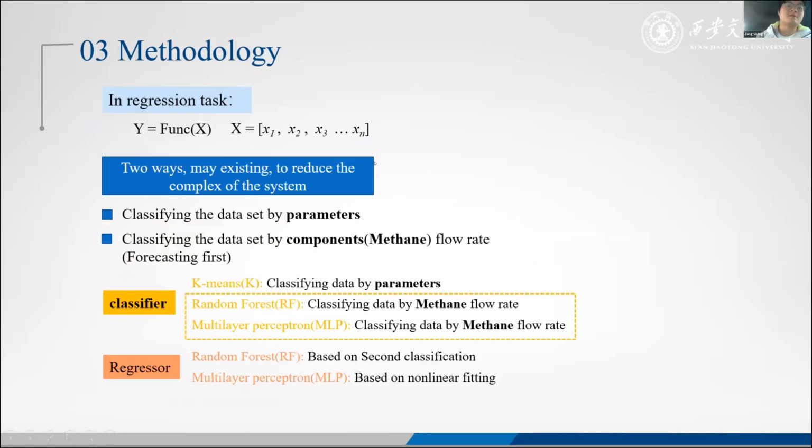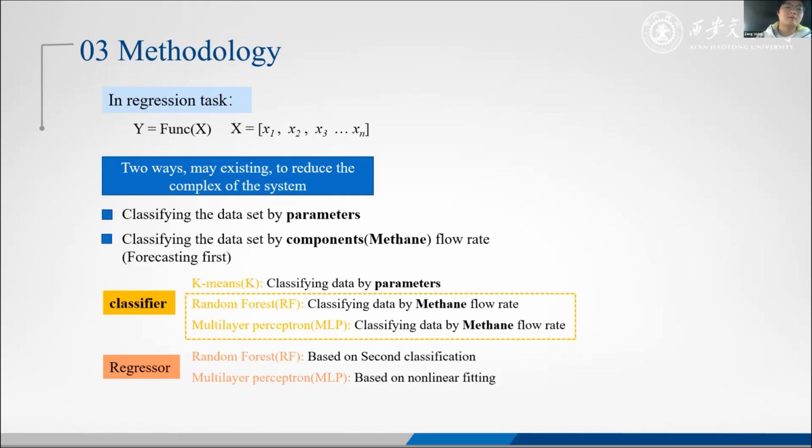Before the prediction, there is a methodology that is in almost all regression tasks: y equals function of x, where x is an n-dimensional vector. As we all know, a system with less complexity is easier to predict. In this prediction, there may be 2 ways to reduce the complexity of the system. First, classifying the dataset by parameters, and the second, classifying the dataset by components of the flow rates. We can find that these two ways are all based on clustering,